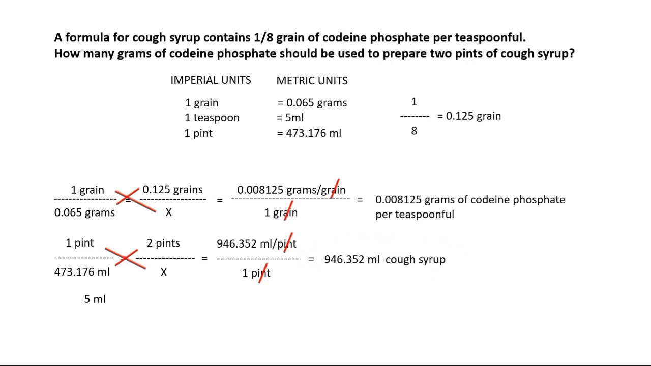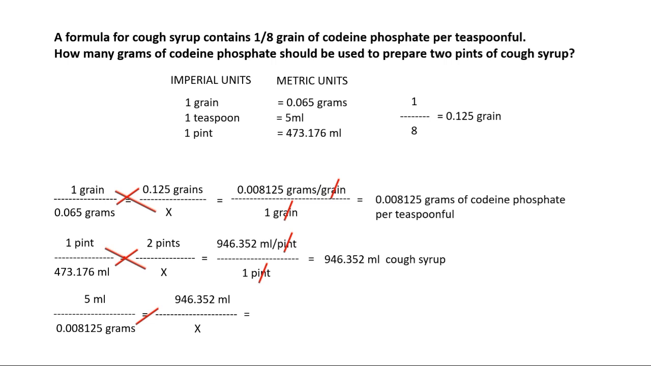Let's set up the ratio and proportion. 5 milliliters is to 0.008125 grams as 946.352 milliliters is to x. This x will represent the measurement in grams of codeine phosphate we need to prepare 2 pints of cough syrup. Cross-multiply